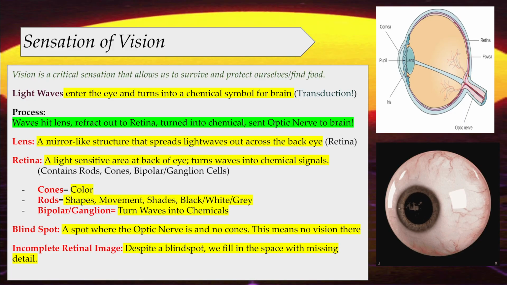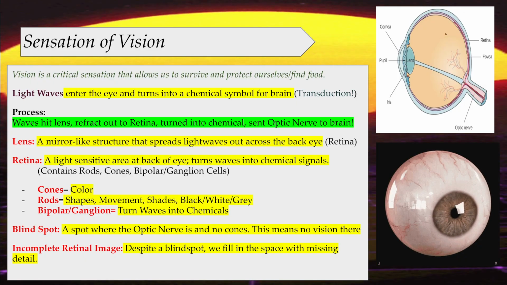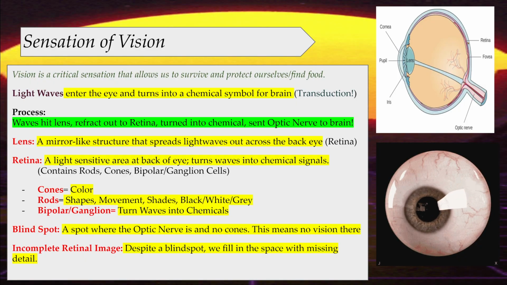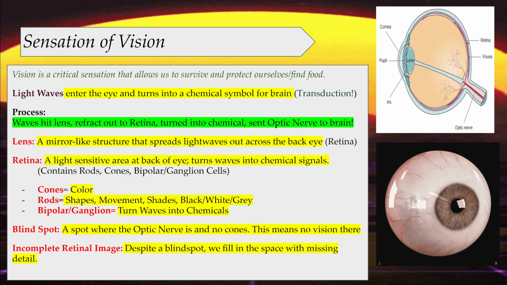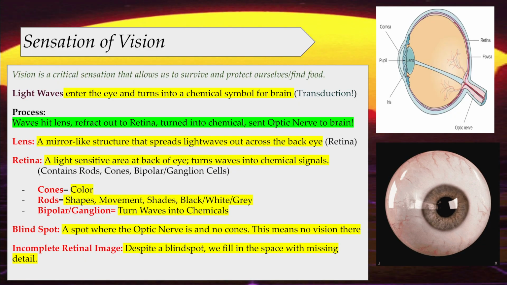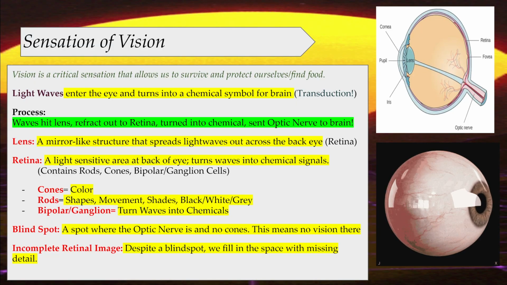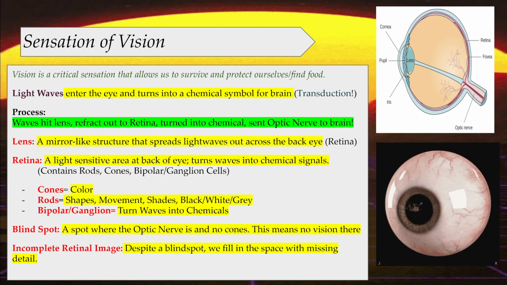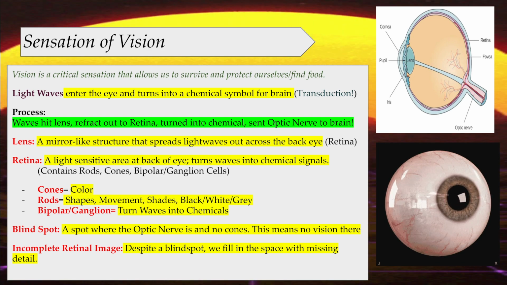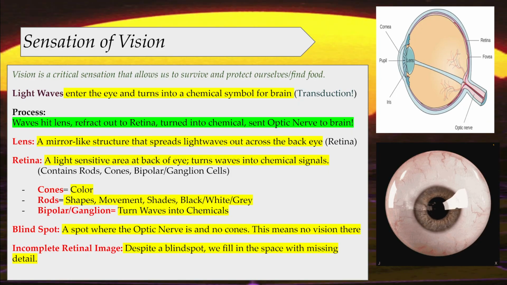Now, in the back of the eyeball is something called the retina. Easy way to remember the retina is the R for the rear is in the back of the eye. This membrane has two types of cells in it, bipolar and ganglion cells. These specific two cells take in this light wave and do transduction. They turn it into a chemical to be sent through the optic nerve to the brain to be processed. So you also have to remember the optic nerve is this nerve here and back that sends that signal out of the eye to the brain.